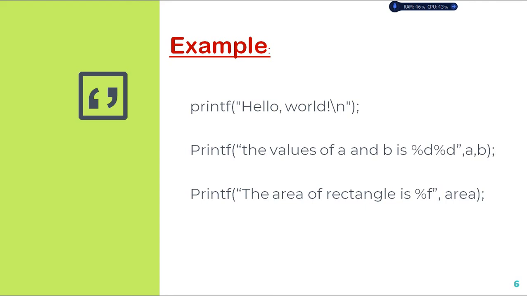You can also give a formula here for retrieving the area. Suppose I have not computed my area value before printing, then I can simply give, for example, if you want to find the area of a rectangle, the area of a rectangle is L into B. You can give within brackets L multiplied with B. That value is calculated and printed by your format specifier. And this is about an output statement.